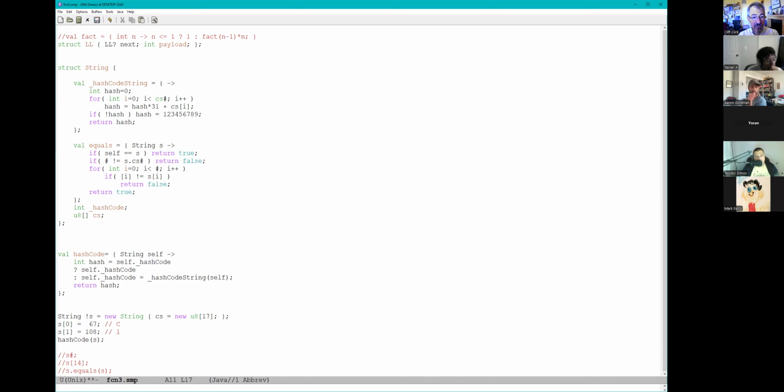And as soon as I have a string, I know this string is equal to the string I'm in, but I don't know anything about it. So it's a forward reference to a string. And then this would declare I have a cs field, and this would declare right here also I have a cs field. So I think it works out the same.